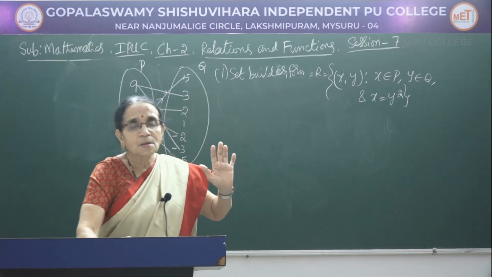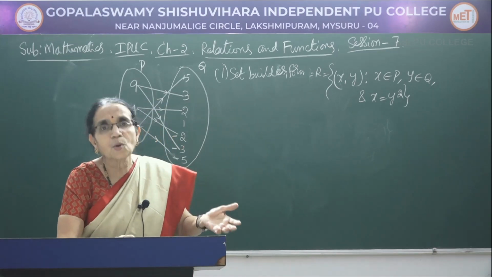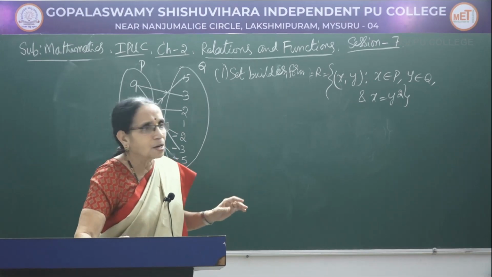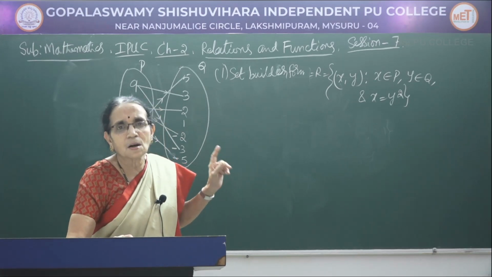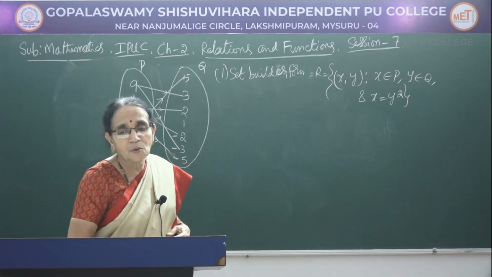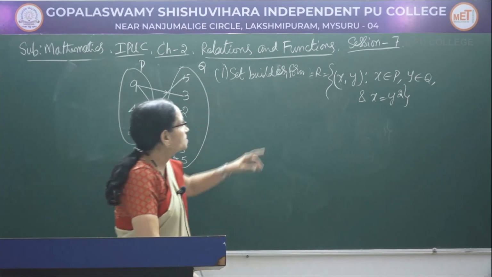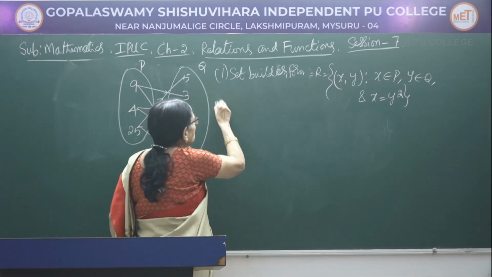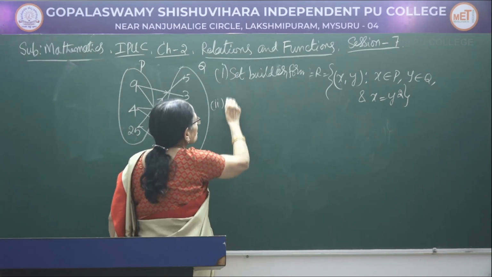See earlier the relation is defined, that is how I had given. So, x is equal to y square, that is the first element will always be the square of the second element. So, it is a square of its own image. Now, this is the set builder form. Now, let me consider the roster form.